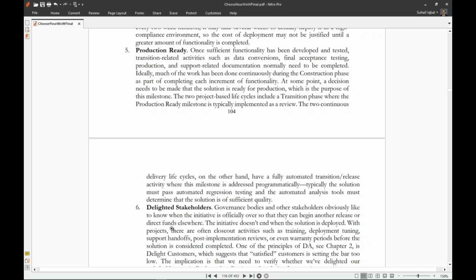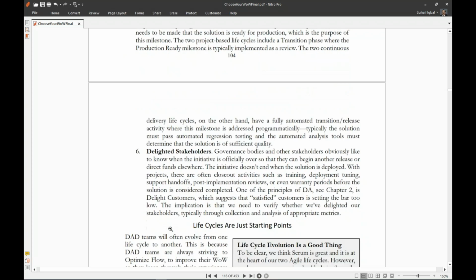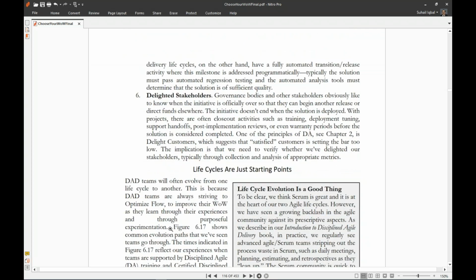purpose of this milestone. The two project-based life cycles include a transition phase where the production ready milestone is typically implemented as a review. The two continuous delivery life cycles, on the other hand, have a fully automatic transition release activity where this milestone is addressed programmatically. Typically, the solution must pass automated regression testing, and the automated analysis tool must determine that the solution is of